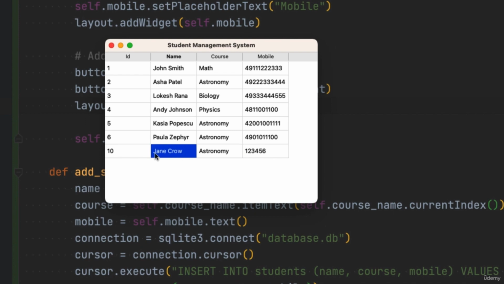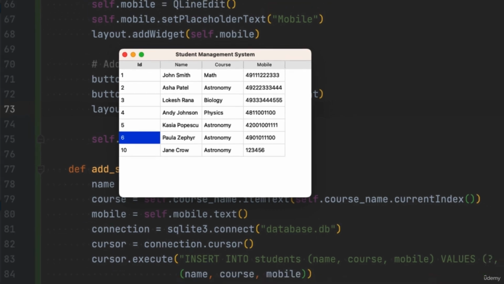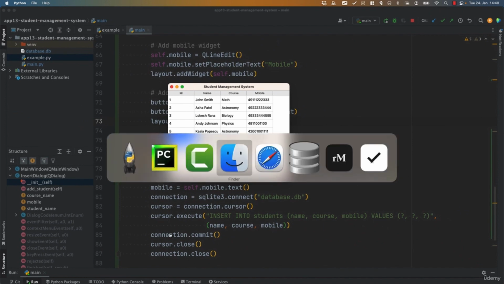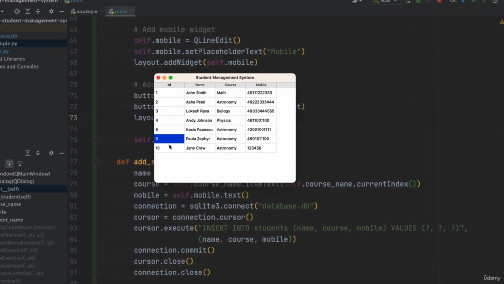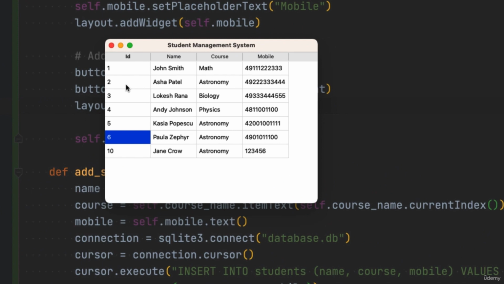However, we can improve this by adding the refreshing capability. One thing to note here is that the ID is added automatically because that is configured when the database file was created. So you can create database files using this program, DB Browser for SQLite. You can create a database file, you can create a table in the database, and you can specify, for example, that the ID column will be auto incremented, so the IDs will be unique and